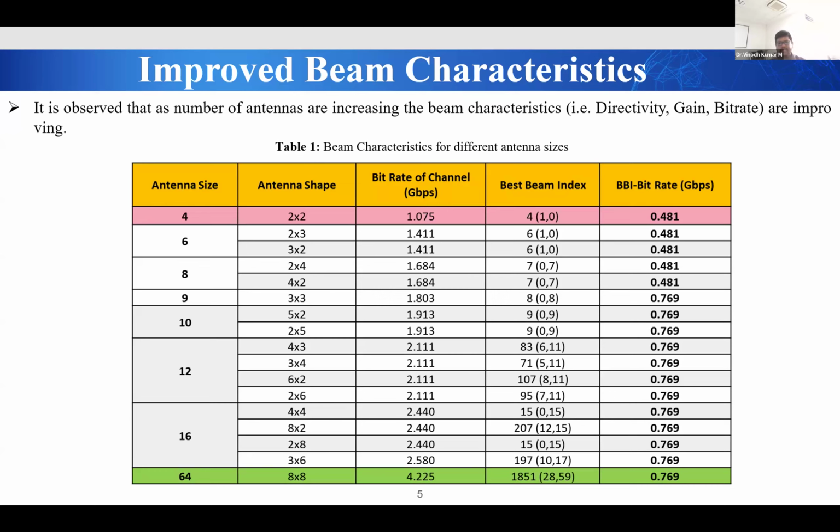We could see different bit rates and best beam index rates. The bit rate shows that when we are using 4 antenna elements, we are getting a data rate of 1 Gbps. When we are using 8 cross 8, which is 64 antenna elements at the base station, we could boost it up to 4 times, to 4.225 Gbps of data rate. So it's clearly evident that MIMO is a crucial part required for a millimeter wave scenario. And coming to the directivity, this shows the gain and how the bit rate has improved. And in the next slide, what we could see is